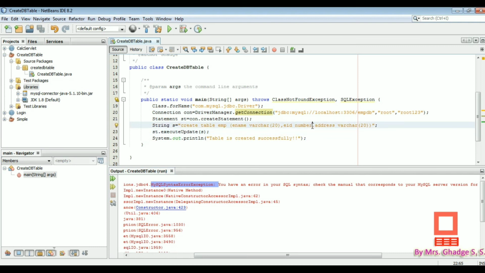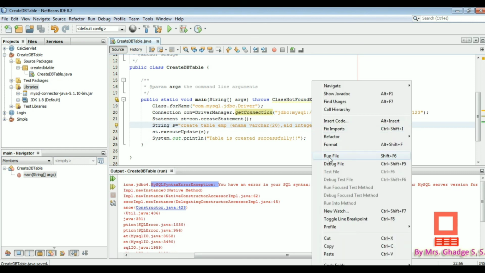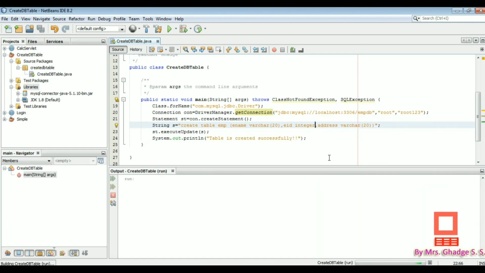Let's correct it. Instead of number, suppose I write the integer data type. Let's press Ctrl+S again and run file. Here the message is shown: table is created successfully.